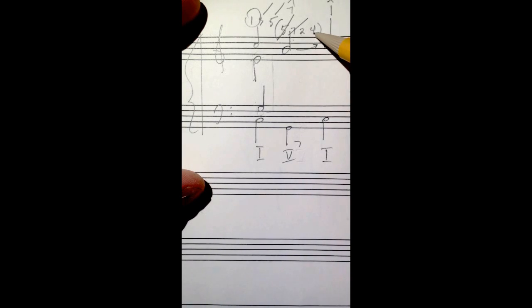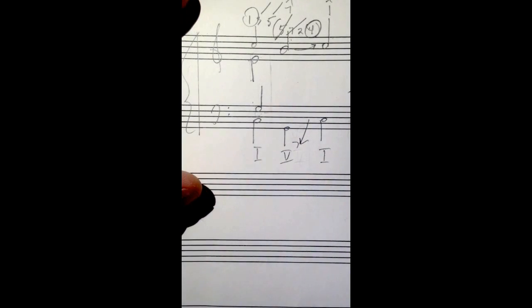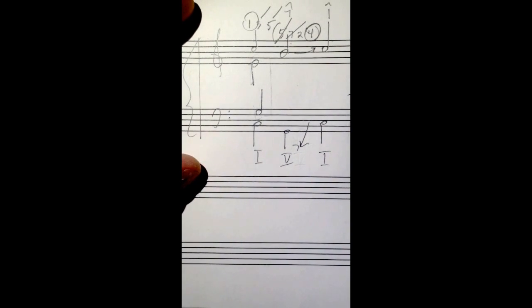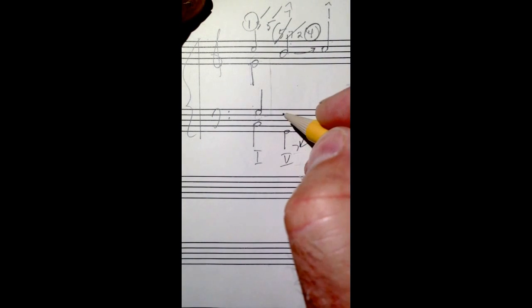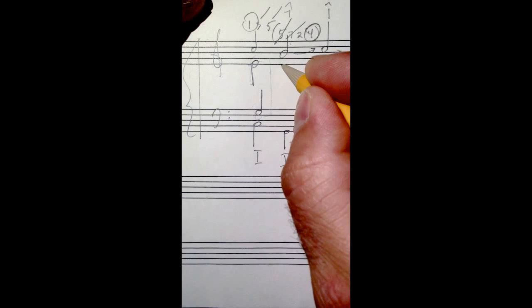Good. Now we need scale degree 2 and 4. Let's look at the next highly charged tone. It's scale degree 4. Scale degree 4 is actually the 7th of the chord. So students, what's a 7th above a G natural? 7th above a G natural is an F. Okay. Now let's look at where we can place the F. We have the option of putting it in the tenor, and we're going to have the option of putting it